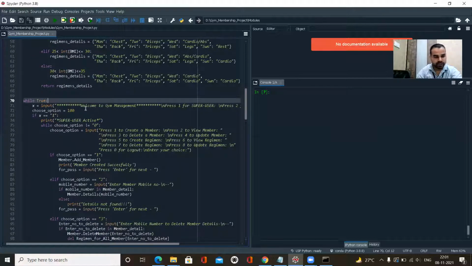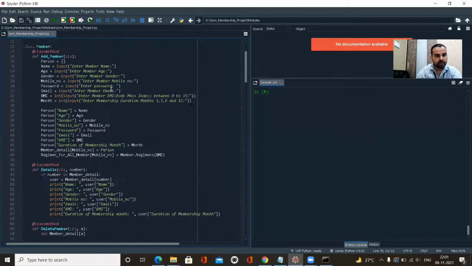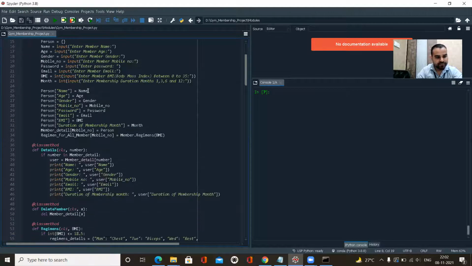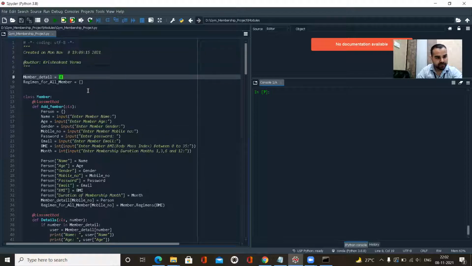Now I'm going ahead with the most important part. In the overall program, I'm storing data, I'm validating data, I'm printing that data. You may wonder what this member detail is and what this regimen for all member is. So here I'm creating a separate dictionary for each. For the member details, I'm storing all the details of the member which I'm adding here.